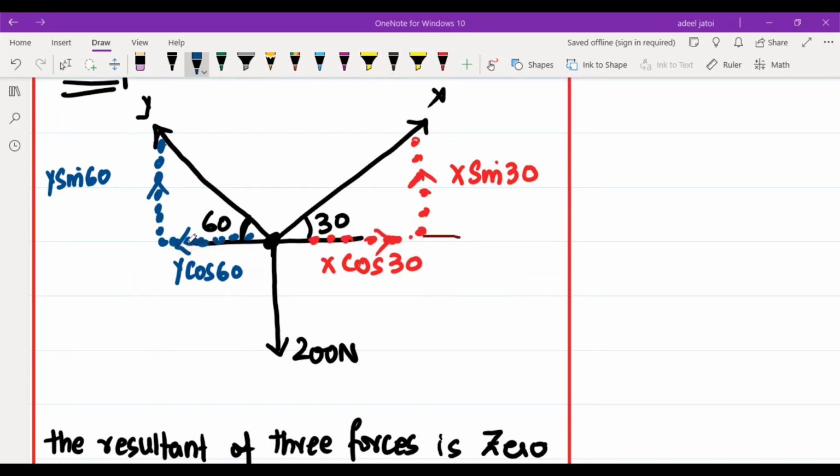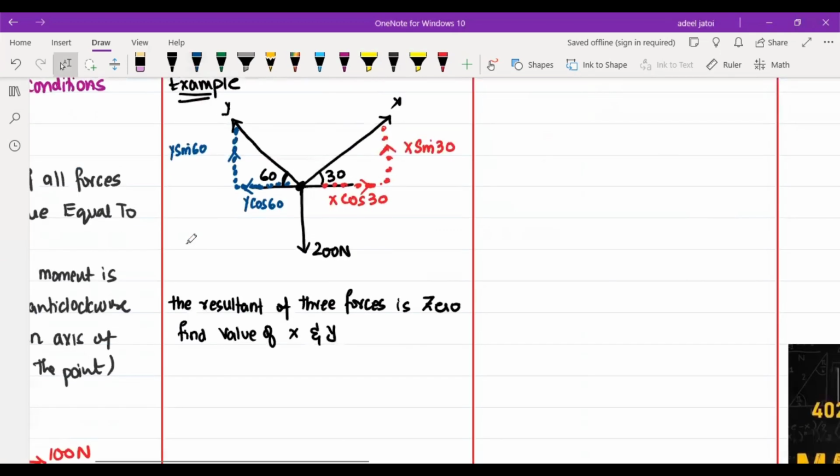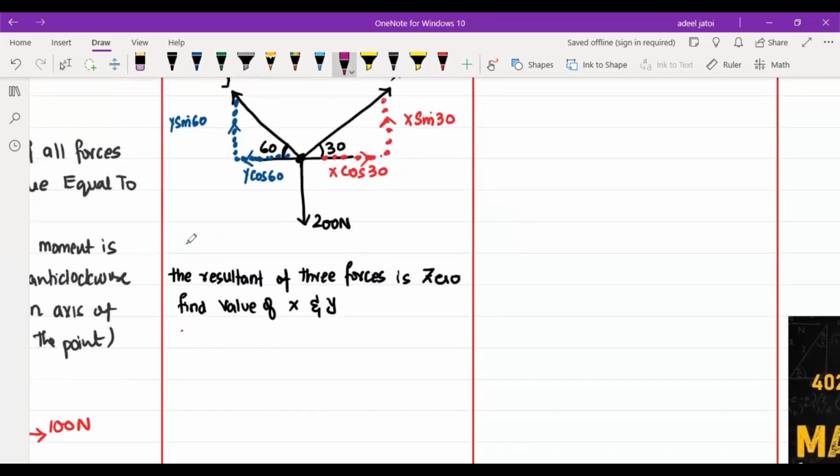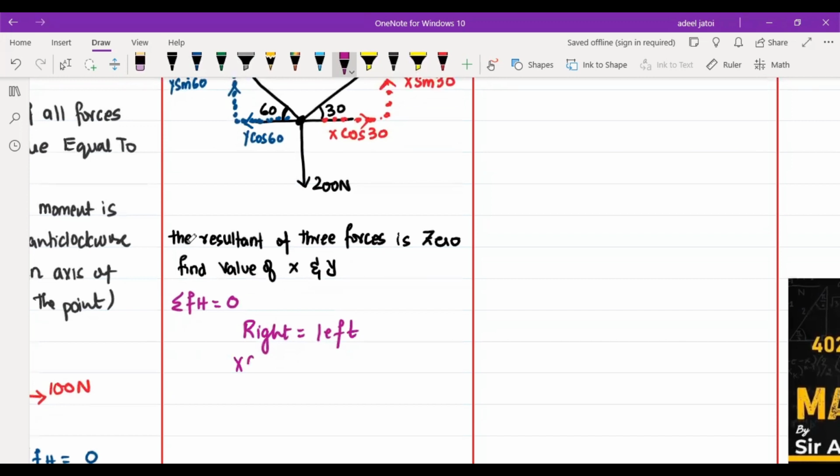So if we solve this, considering that we already know the horizontal and vertical forces, the summation of horizontal force should be equal to 0. So right is equal to left, so this should be x cos 30 is equal to